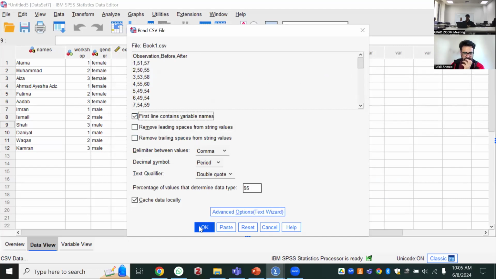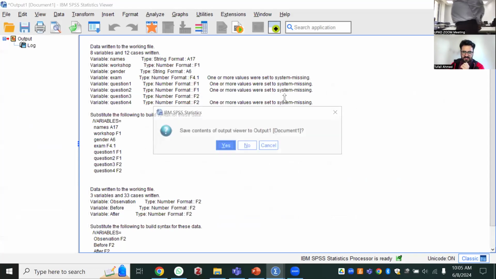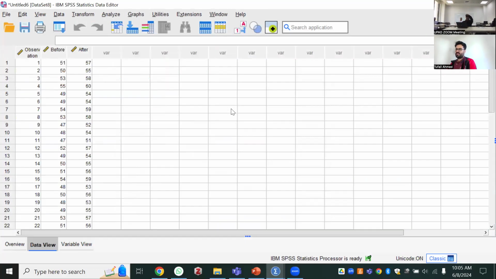They are well aware of the CSV file because we were having hands-on experience on Smart PLS that works with CSV files. Importing a CSV in SPSS is also pretty straightforward, but try it yourself. You will see it's pretty straightforward.